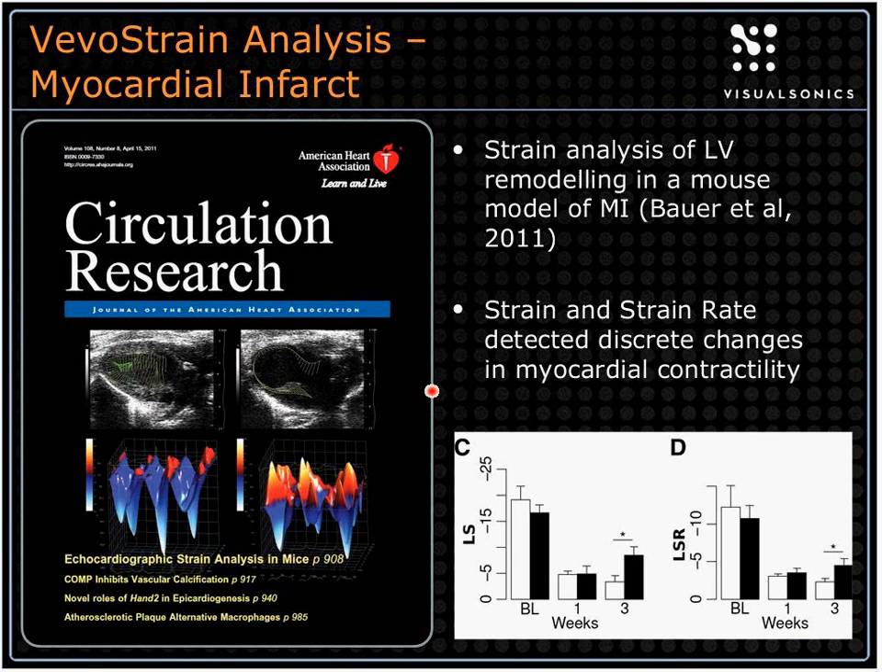I'll briefly talk about some recent publications. As you can see on the front of Circulation Research, our VevoStrain software was on the front cover. We looked at the Bauer paper, which looked at strain analysis of left ventricle remodeling in a mouse myocardial infarct model. They looked at strain and strain rate, and using the software, they were able to detect discrete changes in the myocardial